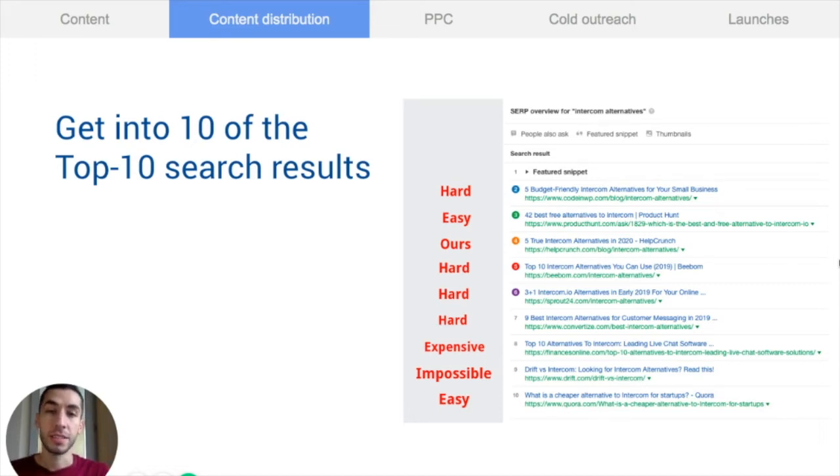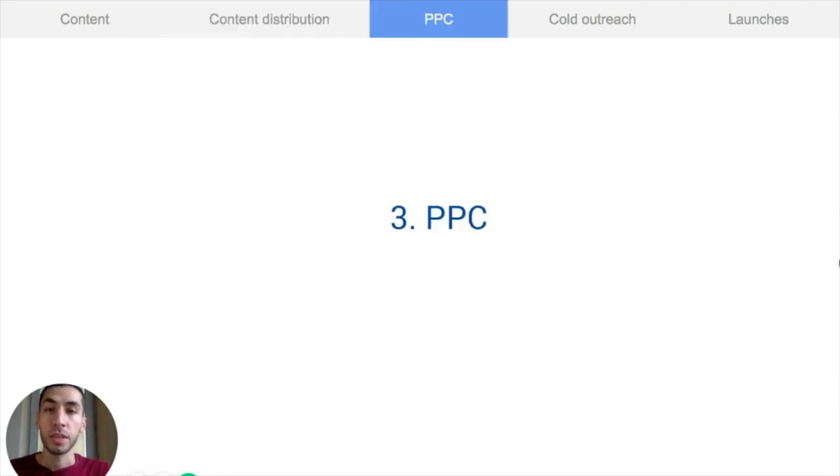So try to get into as many as possible, and you'll see much better results than just having one post mention you. You can amplify your results